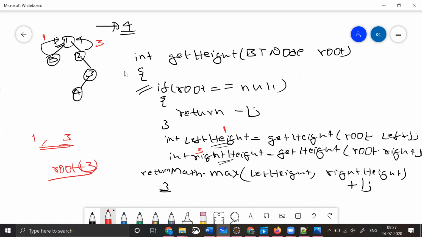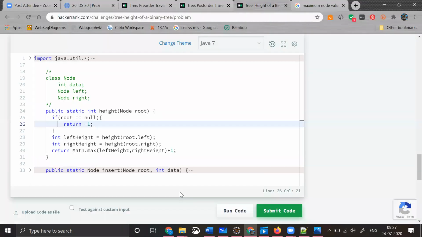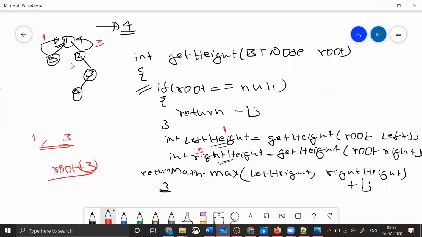Because we are ignoring this one because it is shorter in comparison to my right subtree. So that's why I'm taking the maximum of both the heights, and finally I'm adding 1 to it. That's it. That is what I've done here. So I've taken the maximum of this, added 1, and finally I'm returning it, right? Rishikesh, you got why we did this?